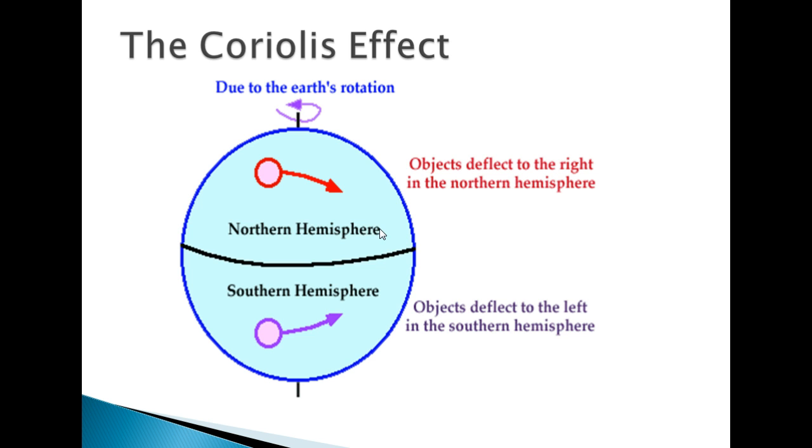Now, in the southern hemisphere, it's just the opposite. As we're moving south, objects deflect to the left in the southern hemisphere. So to the right in the northern hemisphere, to the left in the southern hemisphere. Now, also write that the Coriolis effect is more predominant closer to the poles. So the closer you get to the poles on the Earth, North and South Pole, the more exaggerated the Coriolis